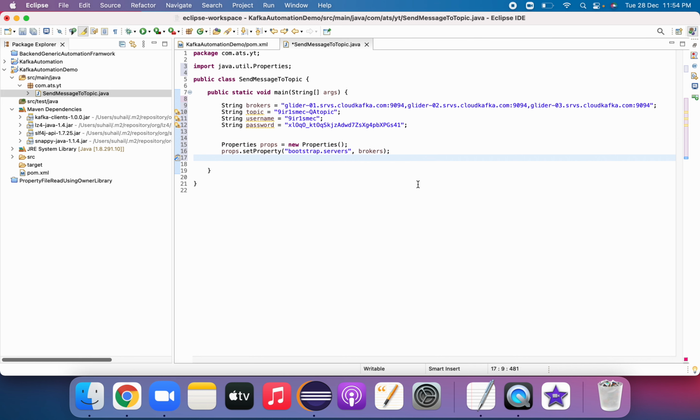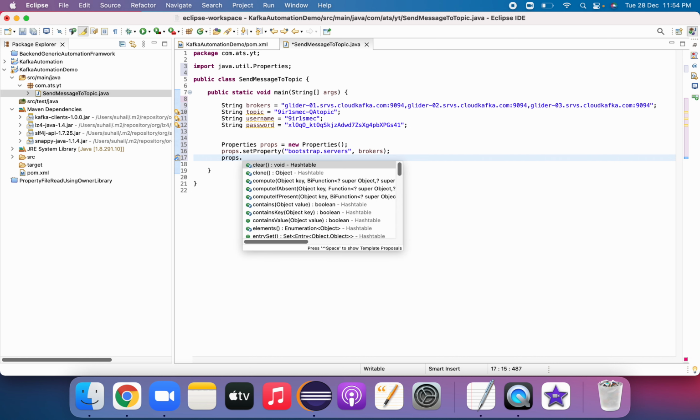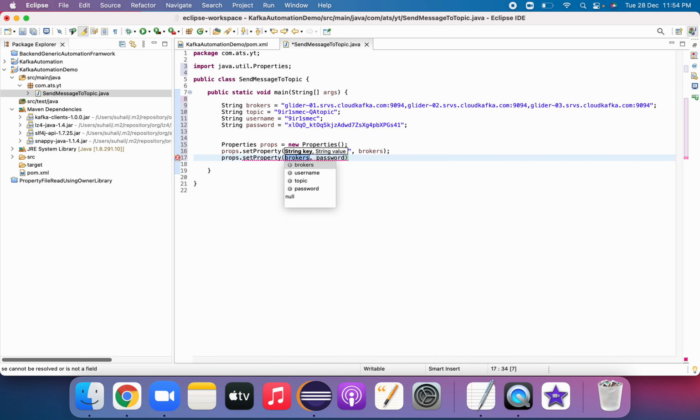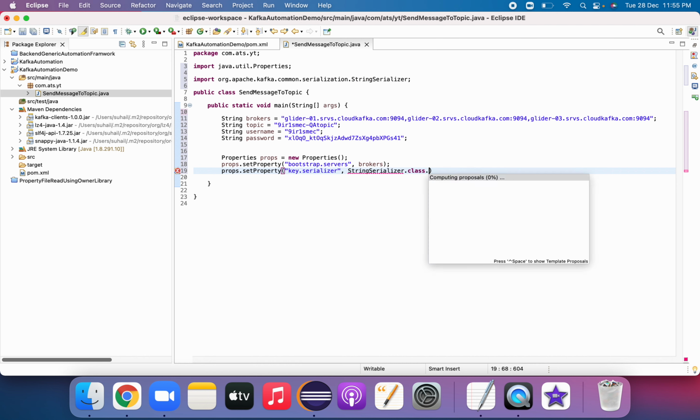Next, props.setProperty, we have to set a property called key.serializer, and its value is the string serializer. I'll explain in detail what it does. StringSerializer.class.getName.